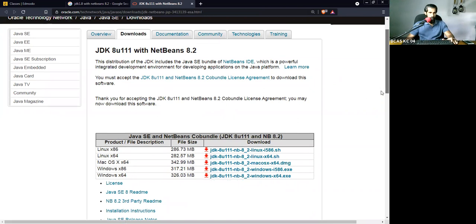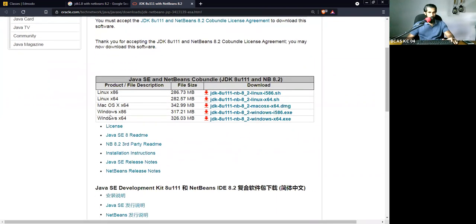Once these links are enabled, you can choose the proper version for your platform. If you are on Linux, or on a Mac, or on Windows, you can choose the corresponding download file. I am on a 64-bit PC, so I'm going to download this particular thing. I already have it. So you can click on this. If you're on a 32-bit, you can go for this one. Okay, I think I said it the other way around. x86 means 32-bit, 64 means 64-bit.